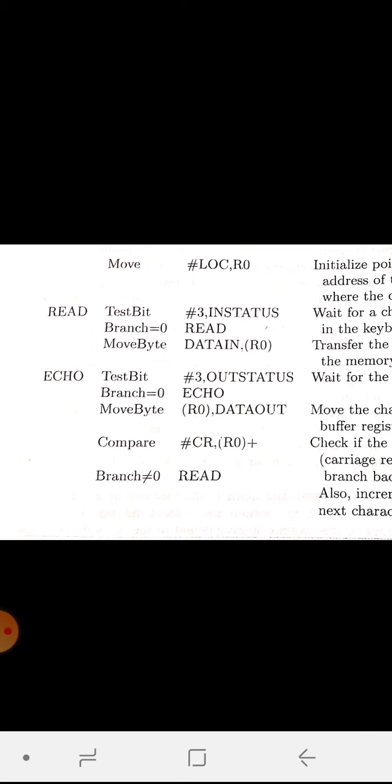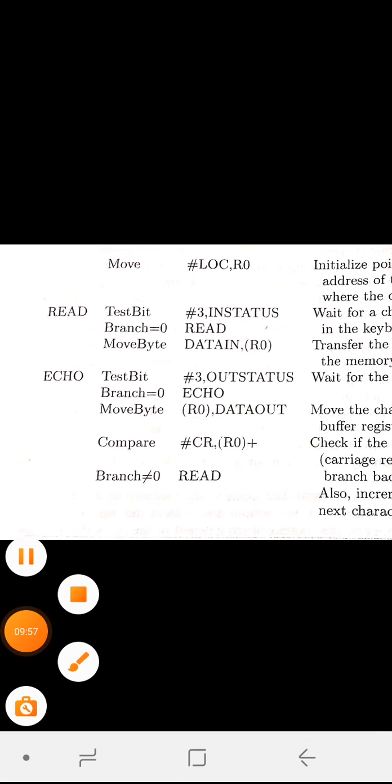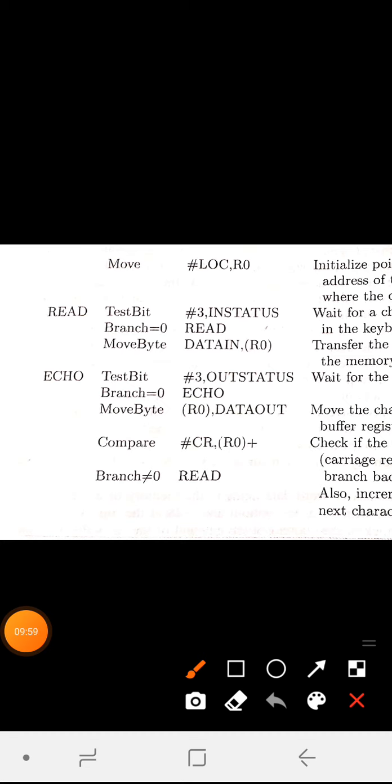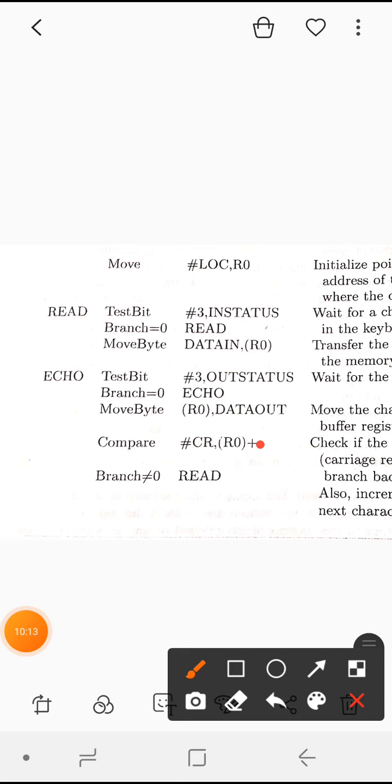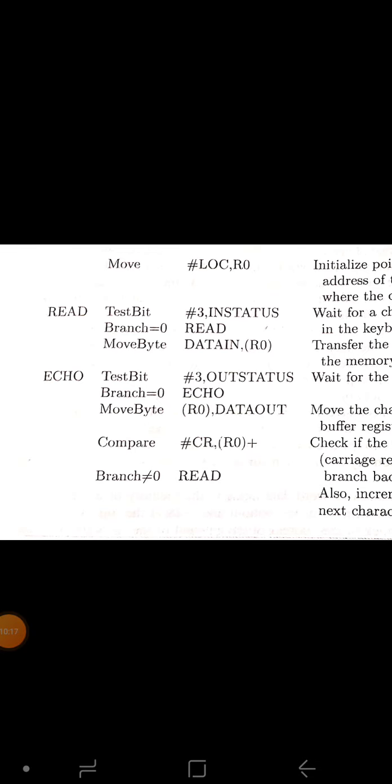And every time we are checking whether it is a carriage return, meaning if we are moving to the next line. If we are moving to the next line, then that is the end of the program. If it is not a carriage return, then we are incrementing R0 to the next location so that you can fetch the data, right? So based on this, you can read a line of characters and display it.